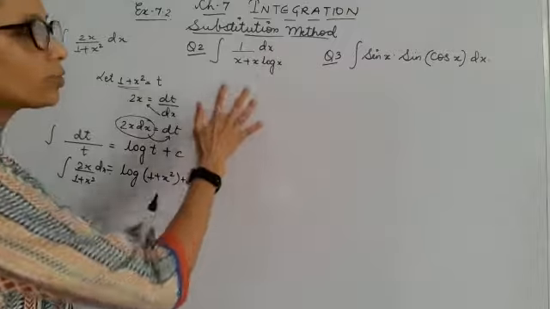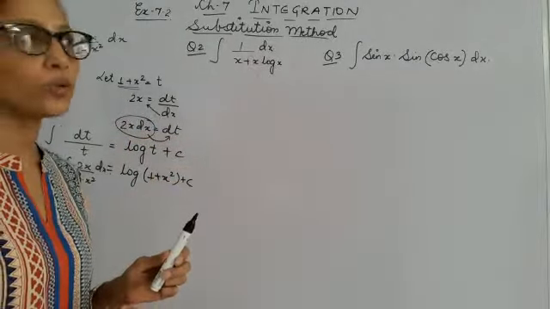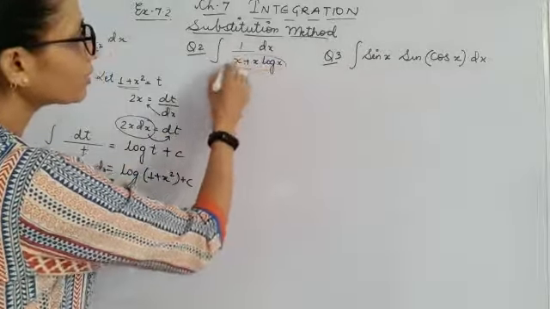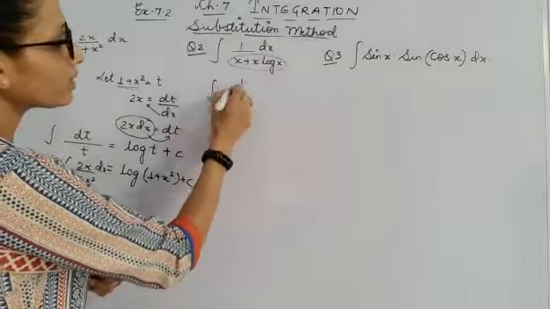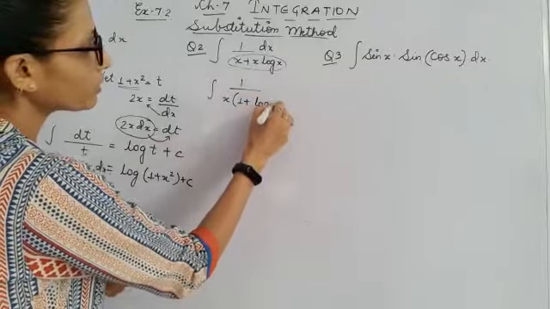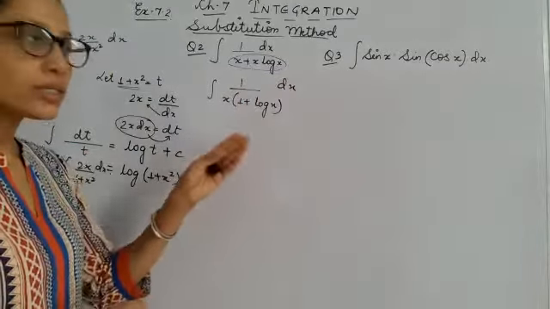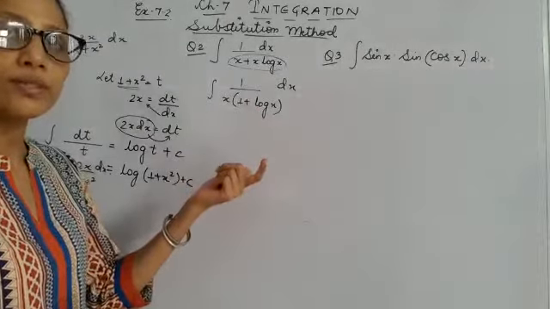Here I told you, you select a term whose derivative is also present in the question. But here I just have the denominator and in the numerator I don't have anything. But I can write it like this. I can take x common, so I will be getting it as x into 1 plus log x, dx. Now, can I suppose any term out of it whose derivative is already given in the question?